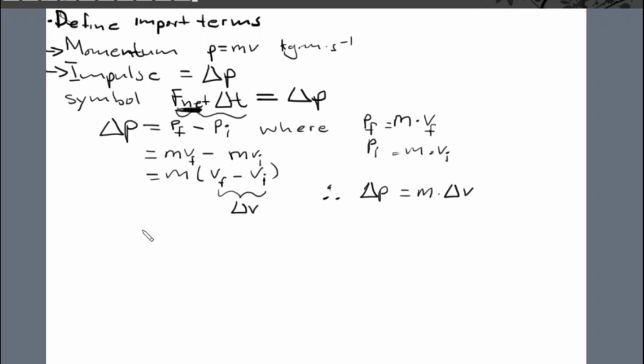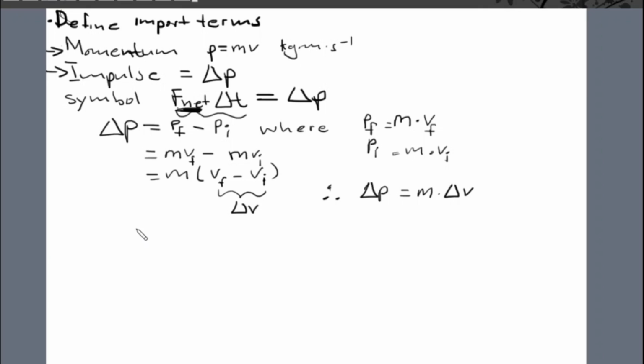Now we move to the principle of conservation of linear momentum. The principle of conservation of linear momentum states that in a closed system, which is a system in which we don't have any external forces, where external forces are absent, we have a closed system, right? The total linear momentum is conserved